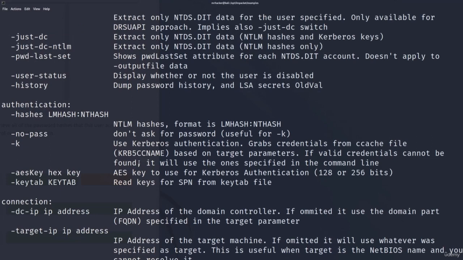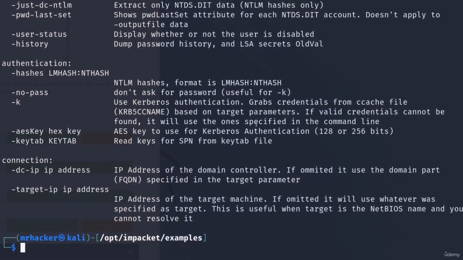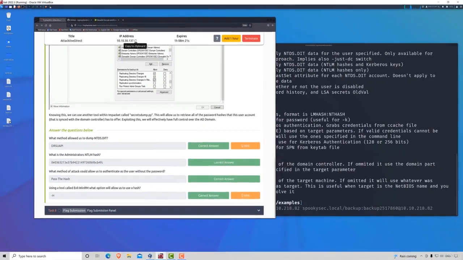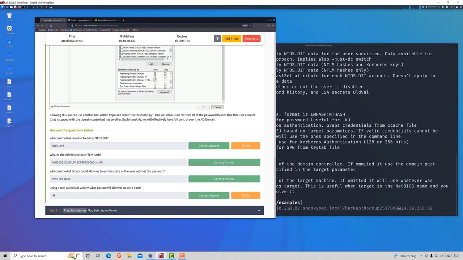Okay. Now that we know which tool to use, let's use it with sudo, since it probably does require sudo, and let's see if it does provide anything to us once we specify -h. So we do get the help menu right here, and -dc-ip is what we want. It is the IP address of the domain controller. We want to specify it, as with the previous commands, the IP address of our target to connect to. So let's specify it first,